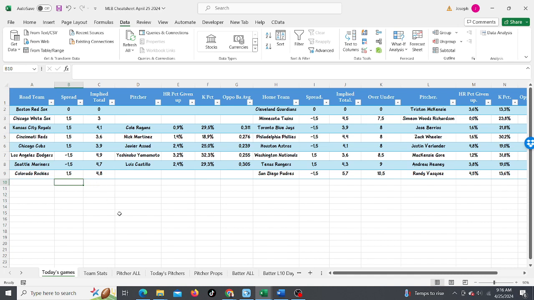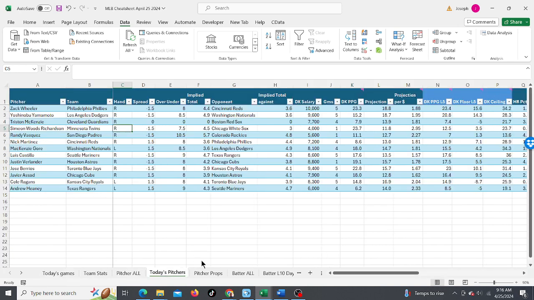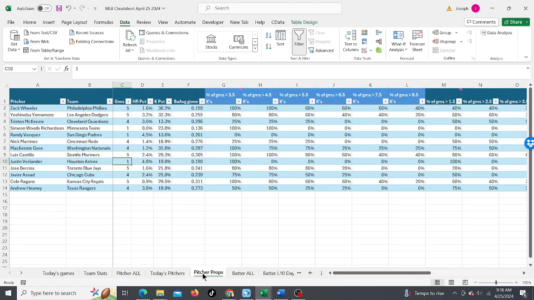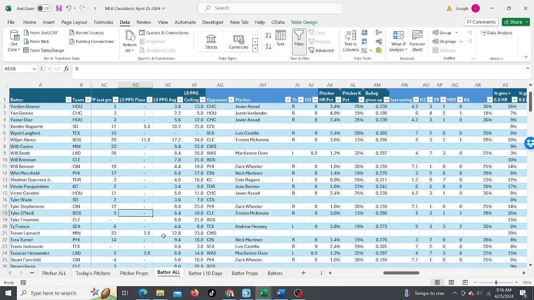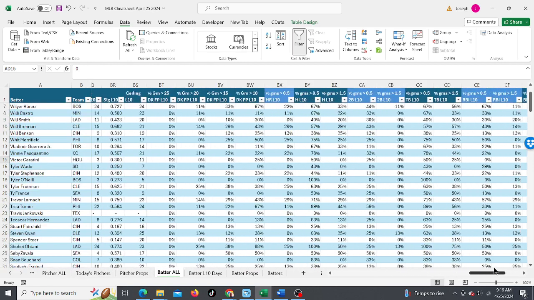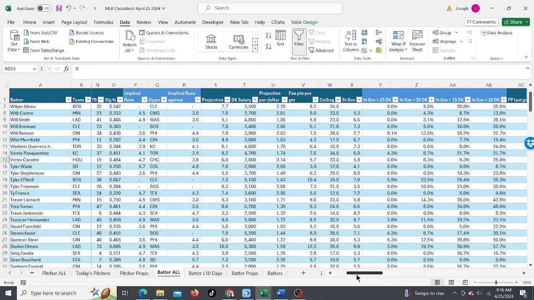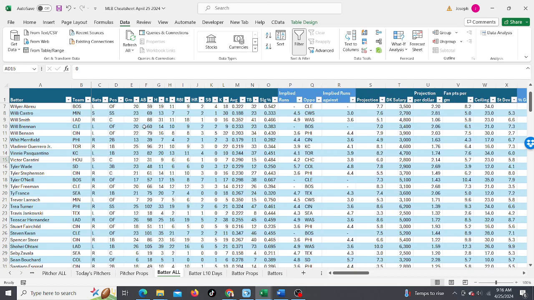So we got 8 games. I made one change for those who have been in the tool before. I've got a new tool tab called Pitcher All and Batter All. All that's going to do is just combine all the pitcher tabs into one, and the same for batters. Instead of having to look at 3 batter tabs at once, it's all going to be in one. So it kind of helps. I mean, you have to scroll really far. It goes all the way to column CL, but then you can do filters and not have to go between tabs.